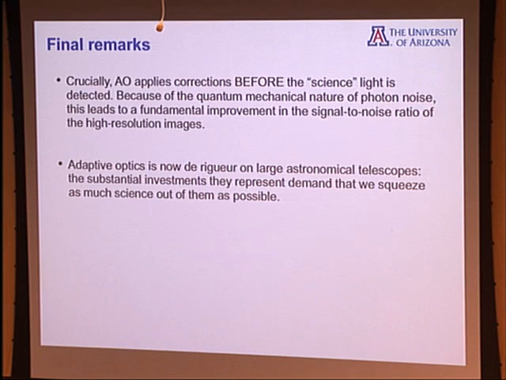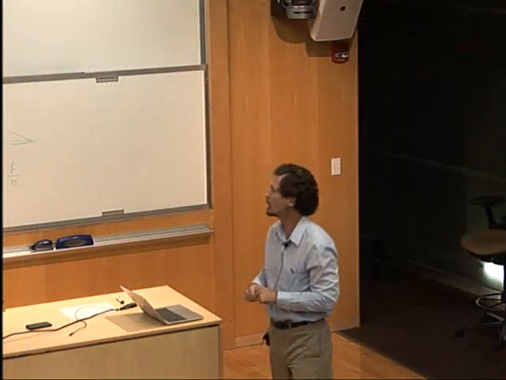So I'm going to wrap up now, and we can all go take pictures and then get to lunch. Right? So the crucial thing about adaptive optics is that it applies corrections to the light before you detect it. And from a quantum mechanical perspective, that's essential. Once you collapse the wave function of the photon, there's nothing you can do about the built-in shot noise, the fundamental photon noise. If you do the correction before you detect it, you've made things fundamentally, in some sense, better